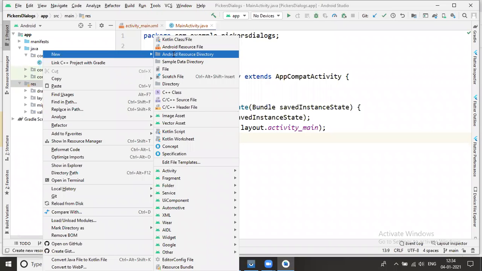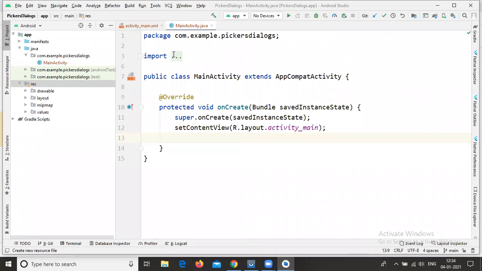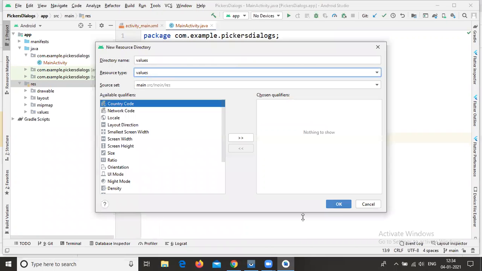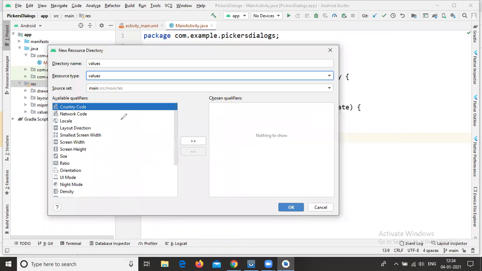If you click this Android resource directory, you will get a pop-up window like this. By default, values is available, so the directory name is indicated as values. But we need to create the menu. Here there is an option called resource type.